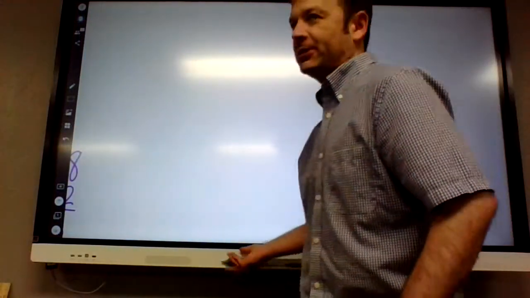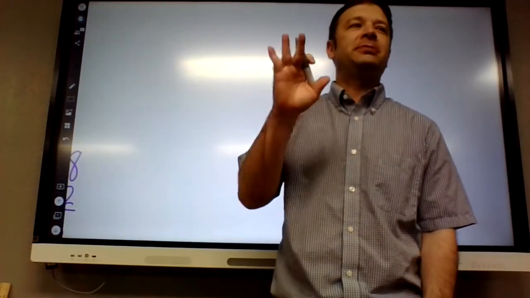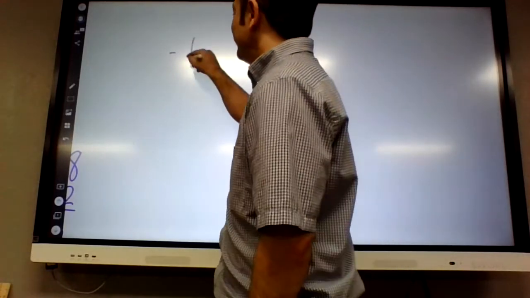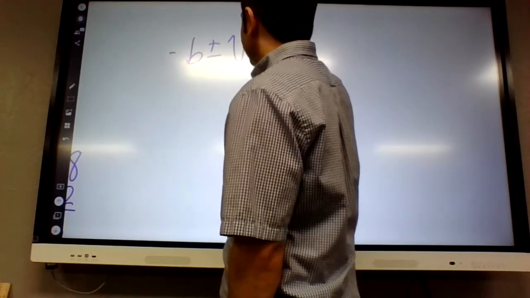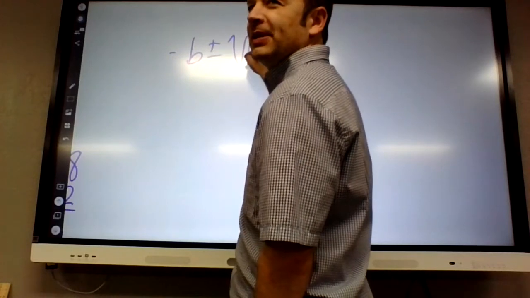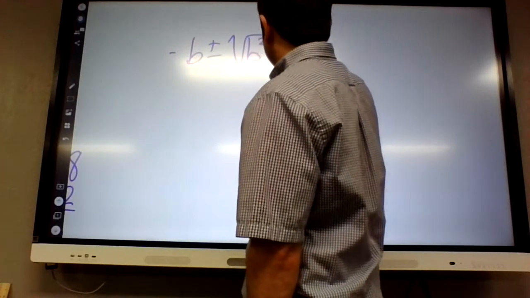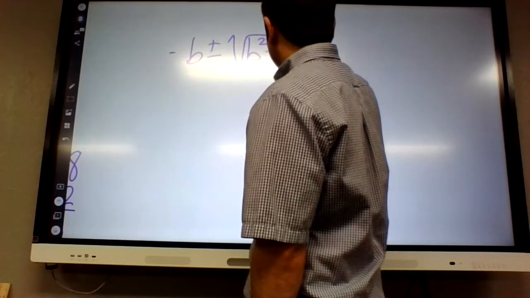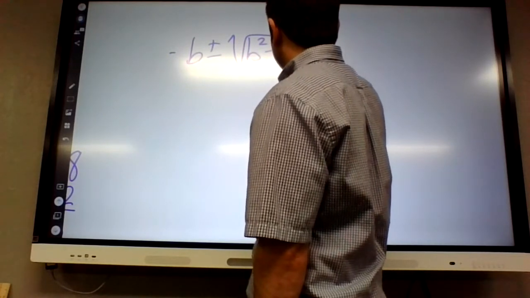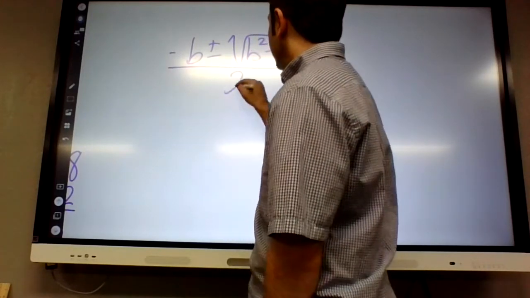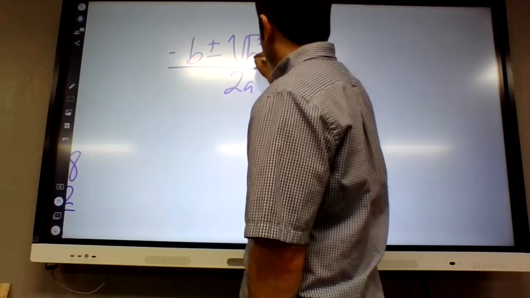Quadratic formula without looking at anything? Shh. Sam, you're looking. Negative b plus or minus square root of. She's staring at us. B. Keep going. B squared minus 4, and then in parentheses a, and then times c, and then that's all divided by 2a. Okay, that's kind of sloppy, Joe. Just making sure you